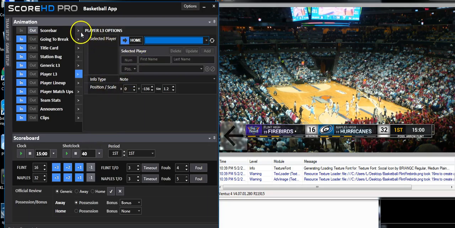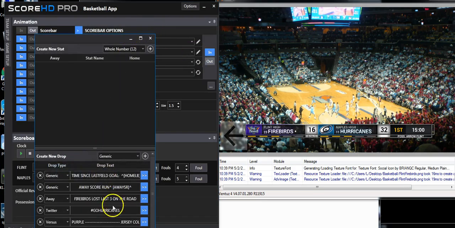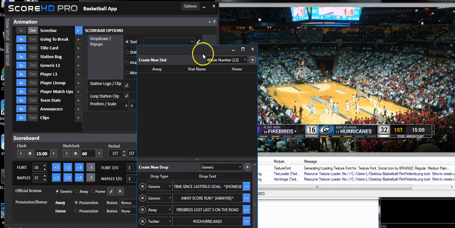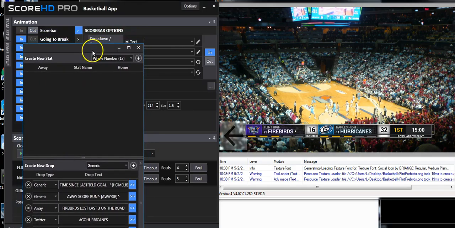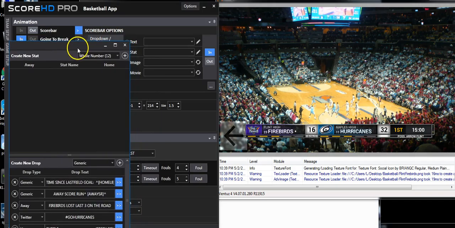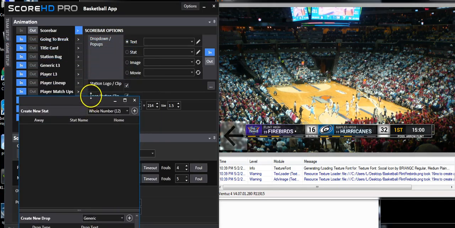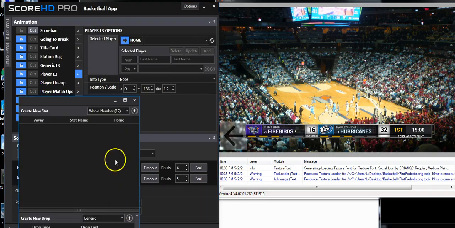We can look at our stat panel, and our stat panel shows that we have no stats in the stat panel whatsoever, completely empty. So this is where we would see our team stats, and obviously there would be no player stats either because there has not been an import. So what we're going to do is we'll come back to here and we'll bring back our player lower thirds,